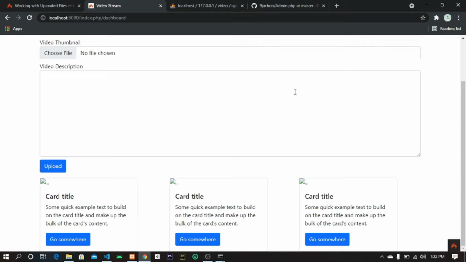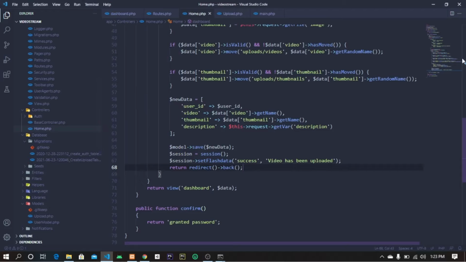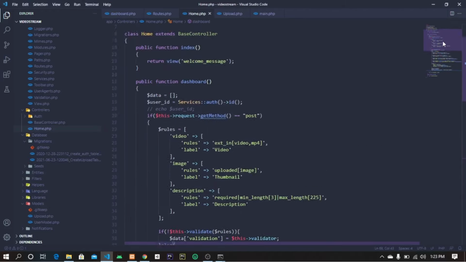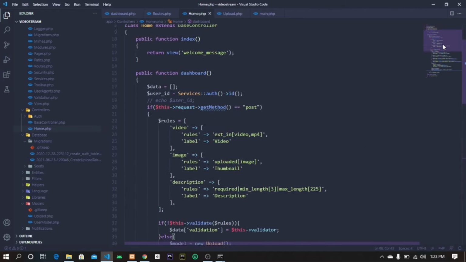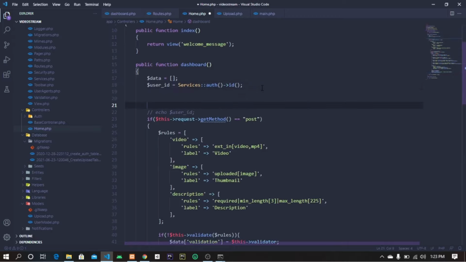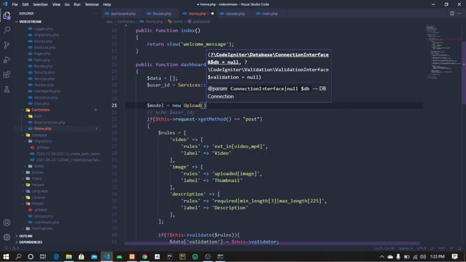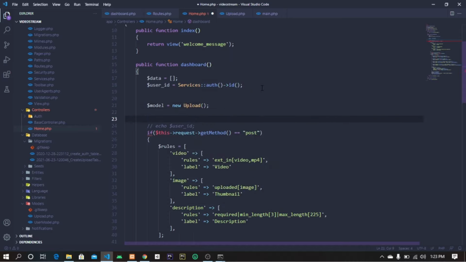All right, so we've successfully uploaded our video. Now let's start rendering this out. So to do that, we just have to head over to where it is rendering that index, which is also in this space right here. So we can just do something like that right here and do model equals to new uploads. Okay, so we can go ahead and do